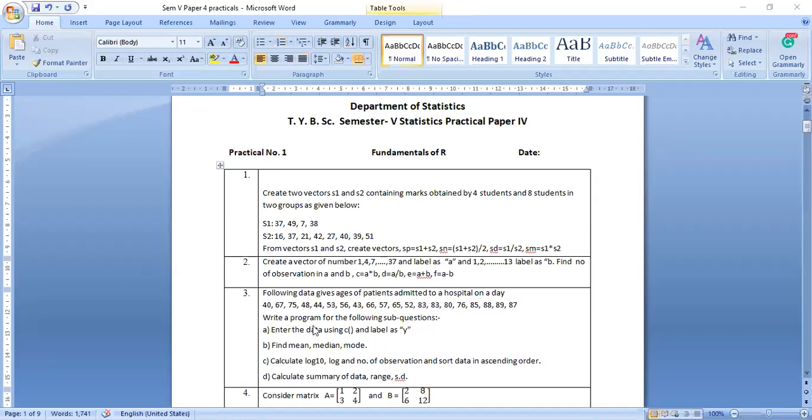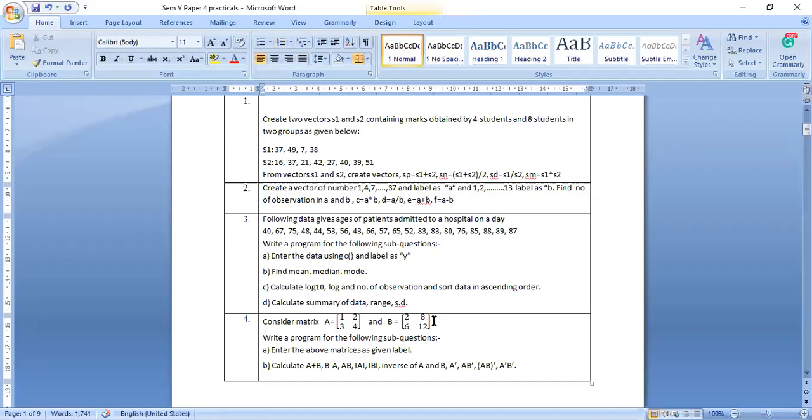how are you writing the practicals? Just give me an idea. How have you written so far? How many practicals have you completed so far? All the papers?